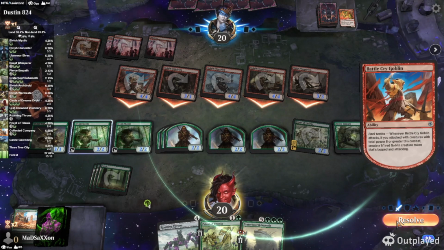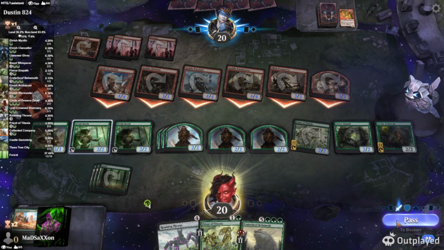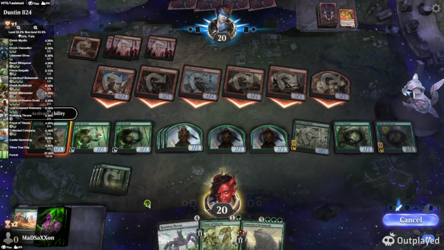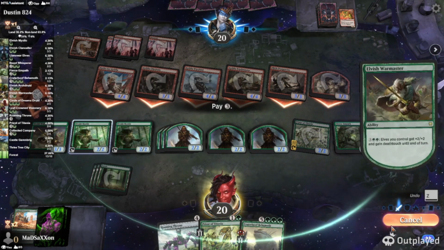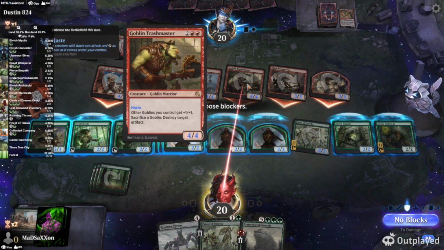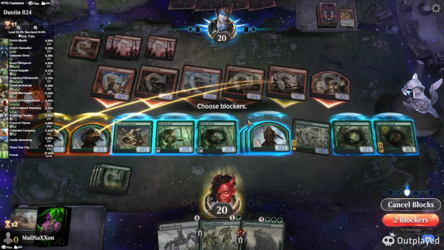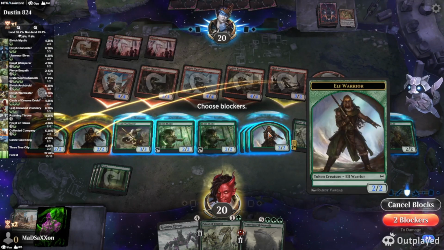All right, now we've got some more cannon fodder blockers here. We can go a little bit wide with those. We're going to add these up. So let's make sure that everything we have has Deathtouch also. And now these chump blockers are no longer chumps. Well, let's make sure that we...